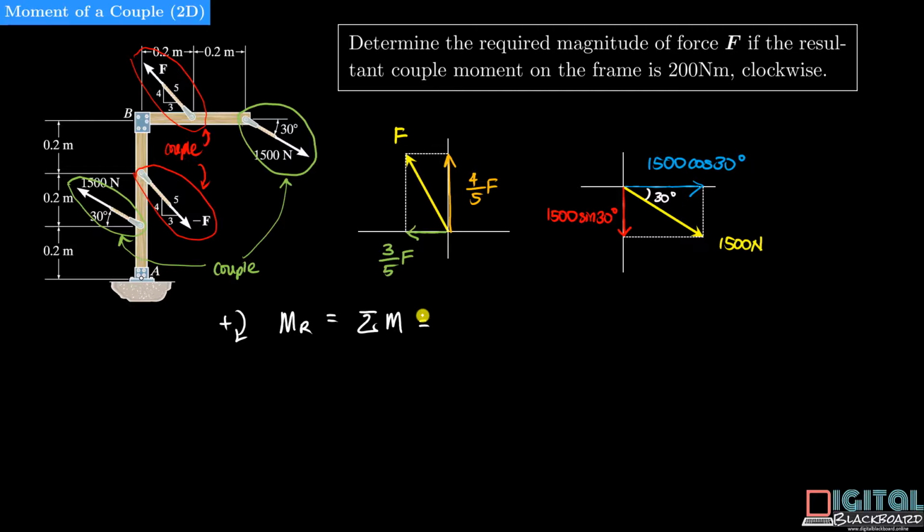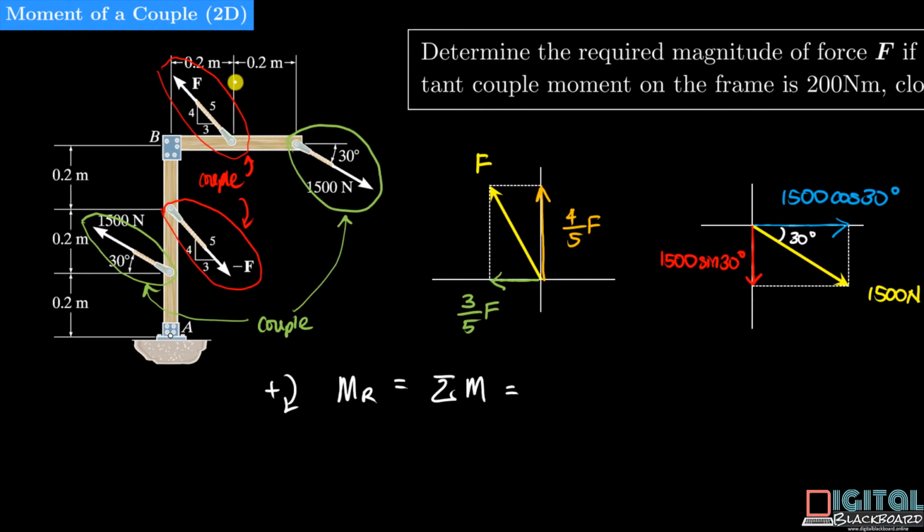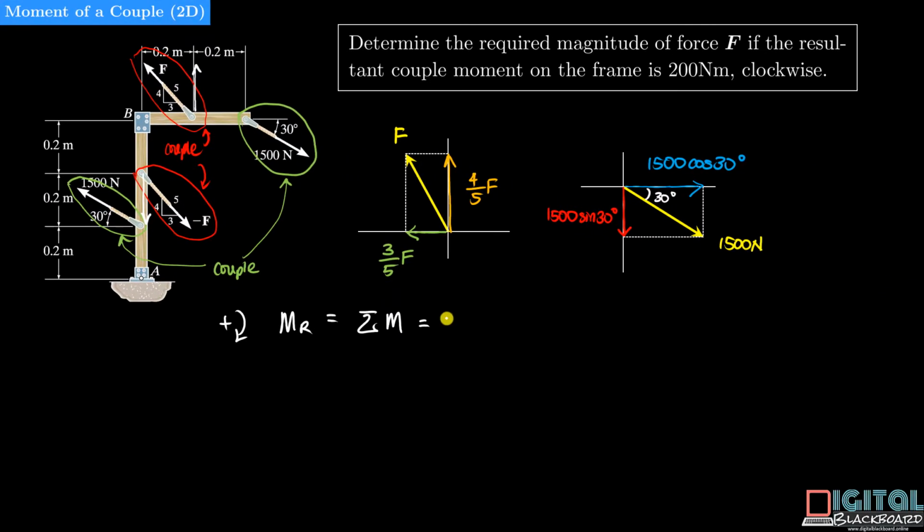For the first one, let's choose this vertical component of the force F. This vertical component, which is located here, will form a couple together with this vertical component pointing downwards, and it is obviously an anti-clockwise couple moment. So we have minus